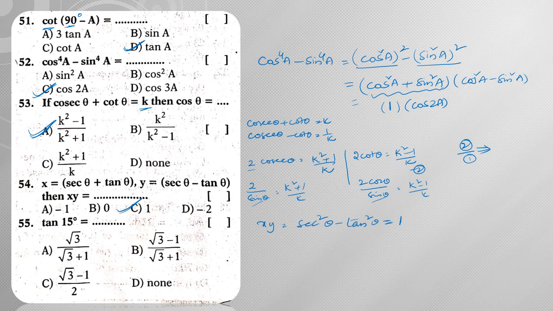Next, tan 15 value. So the value of tan 15 is nothing but (root 3 minus 1) by (root 3 plus 1). Okay, already sin 15 value we got (root 3 minus 1) by 2 root 2. The same way cos 15 also will get (root 3 plus 1) by 2 root 2. On dividing, you are going to get (root 3 minus 1) by (root 3 plus 1), right? So sin 15 degrees is equal to (root 3 minus 1) by 2 root 2, and cos 15 value is (root 3 plus 1) by 2 root 2. So on dividing these two, we are going to get this answer.